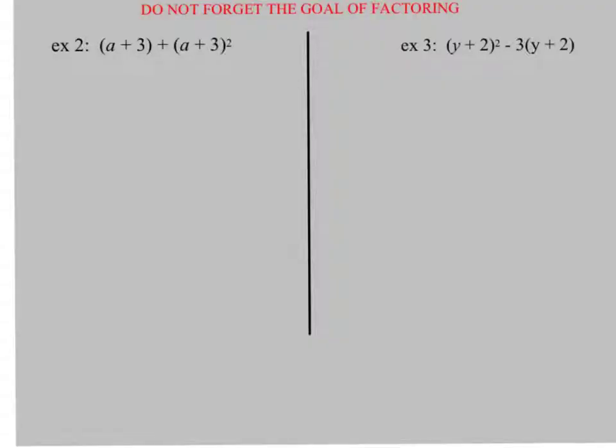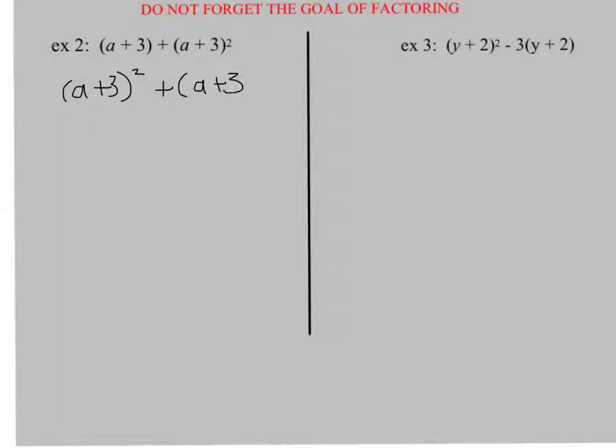Now remember, our goal of factoring is to create a product, right? So no matter what, I follow my simple steps, and if I don't reach a product, I haven't done something right. Our goal is to create a product. Looking at example 2, I have two terms. I need to look for GCFs, put it in descending order, take out red flags, everything like I've been doing. If I were to actually truly put this in descending order, it would be a plus 3 quantity squared plus